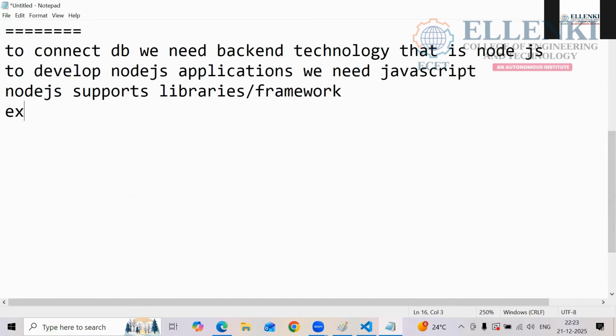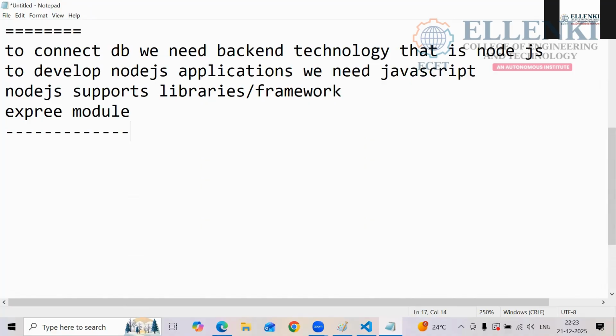The first one is Express.js. This one we are calling a module, not JS. We are calling it the Express module. For what purpose are we using this Express module? It is one of the parts of your Node.js.